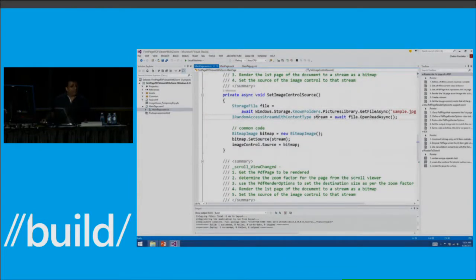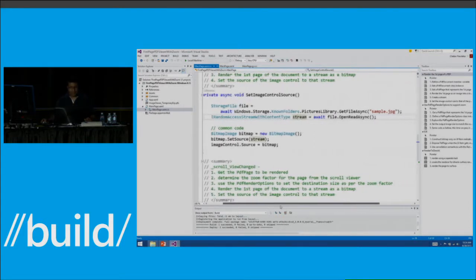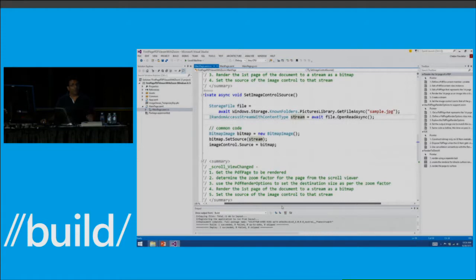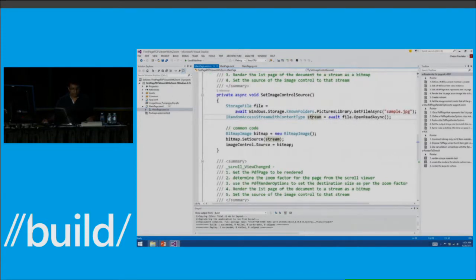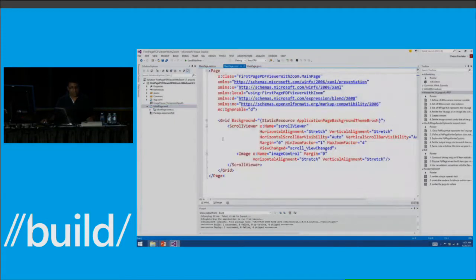So what I have here is a simple application written in C# that renders an image file from my local file system. In XAML, it is using an image control to help me with the rendering.